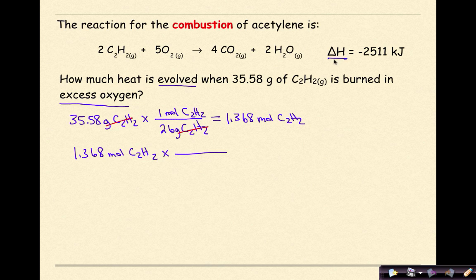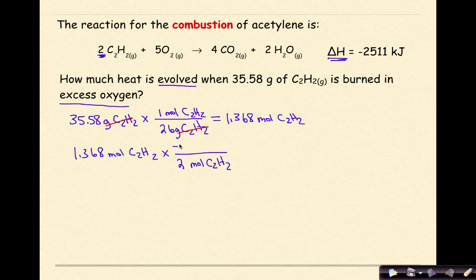This delta H is totally dependent on the number of moles of substance in your balanced equation. If I look at the coefficient in front of C2H2, I see that it's 2. That's basically telling me that for every 2 moles of acetylene burned in excess oxygen, this is the overall amount of energy released. So I need to put a 2 on the bottom here, so 2 moles of C2H2